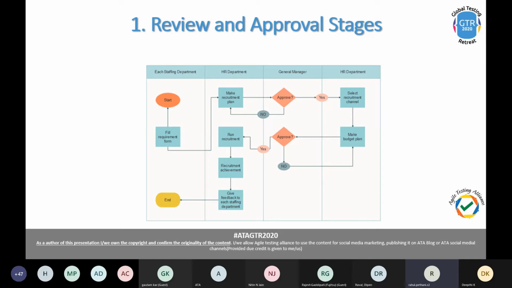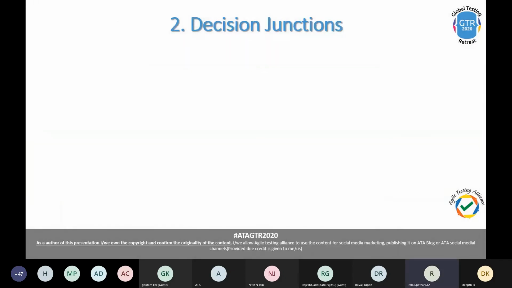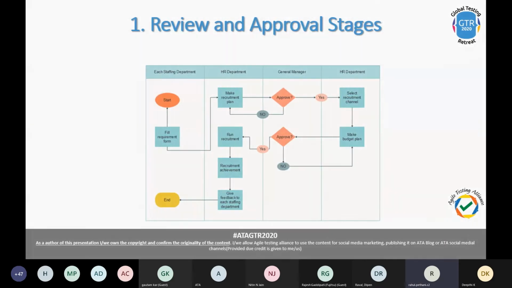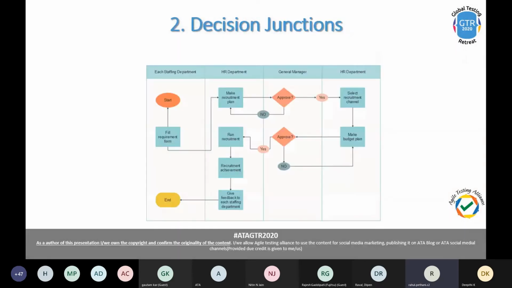First and foremost, the tester should look into how many review and approval stages are there in any of those workflows. Second is decision junctions. Out of all the processes that we just saw, there will be some decision junctions. In this particular sample workflow, there are two decision junctions.